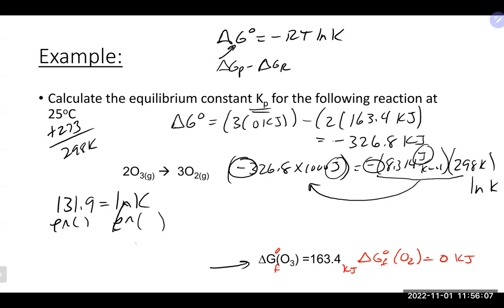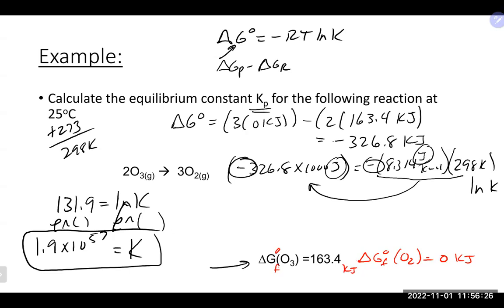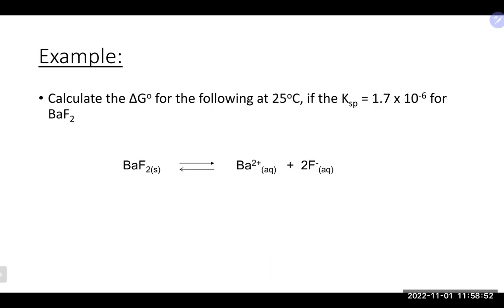When we do the E on this side, this just becomes the K. And if we end up with that over there, it looks like 1.9 times 10 to the 57 would be our K value in this particular case. First off, any questions on any part of that calculation? Things also do agree. If we look at our delta G, it is a negative number, which would imply